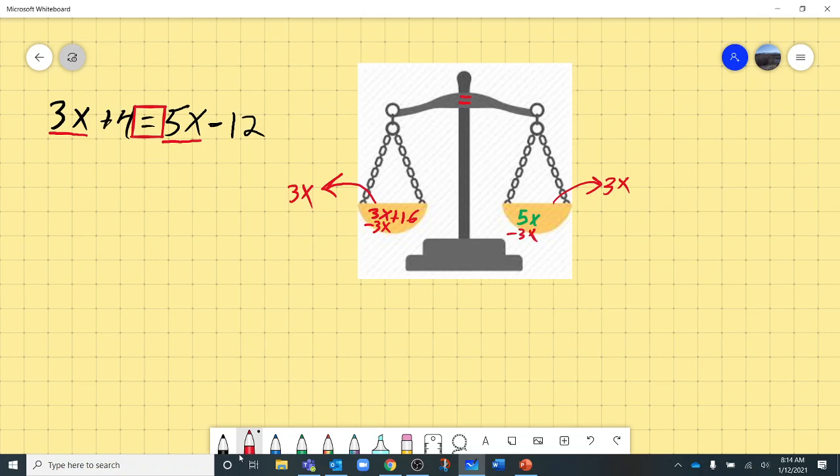And that's going to give us some new equations. On the left-hand side, we took 3x out. We did 3x minus 3x. We took 3x out, so that's just going to go away. We're left with the 16 on that side. Then on this side, we took 3x out of the 5x, and that's going to leave us with 2x still in there. Okay, so this is our equation. We're almost there,